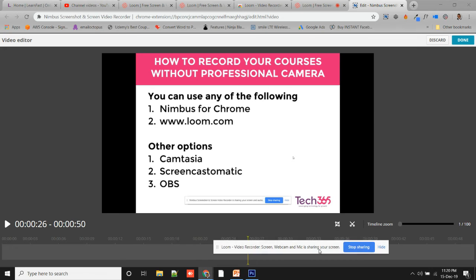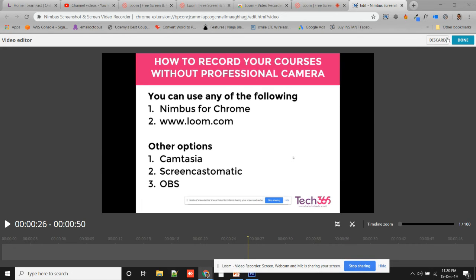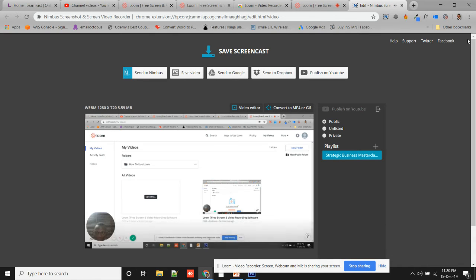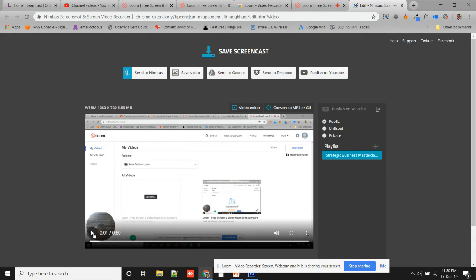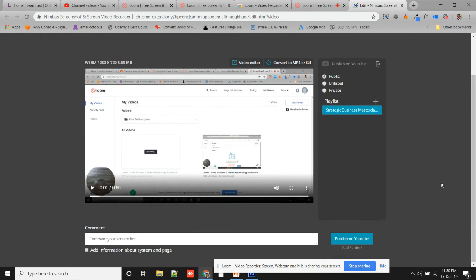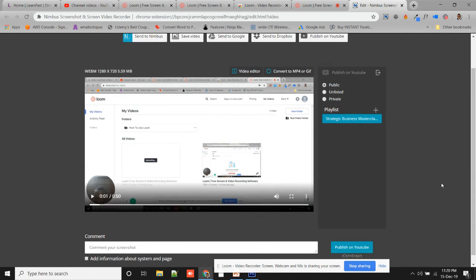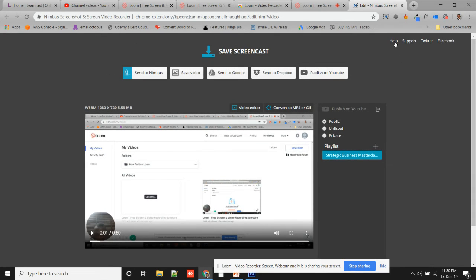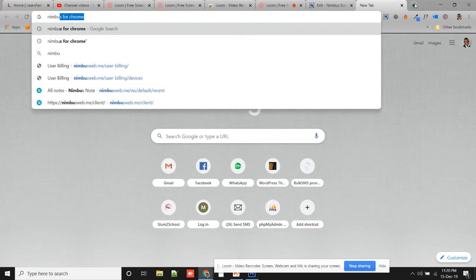So at the top here, you can see discard and done. So when you click done, the part that you don't want will be cut away. Like I said, the feature might be part of paid option. If you go to Nimbus website to see the price,